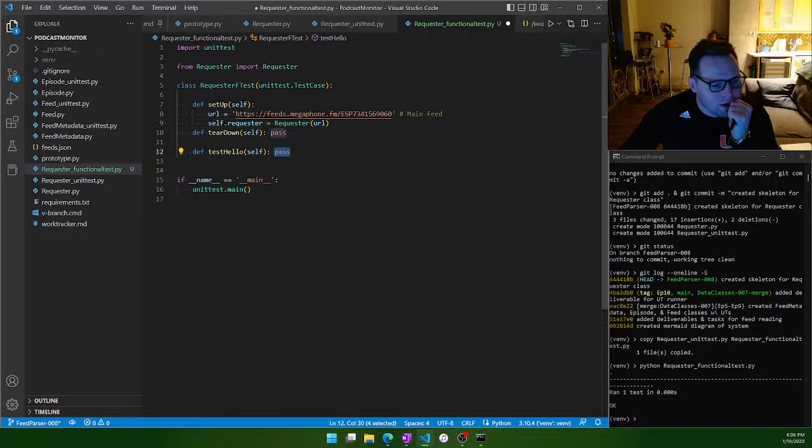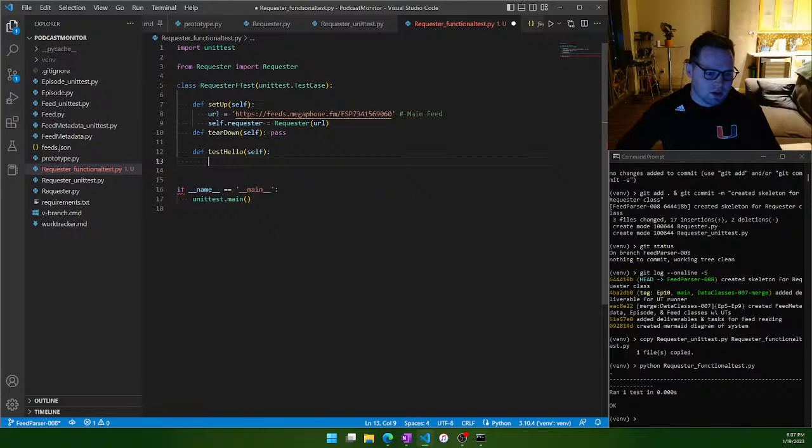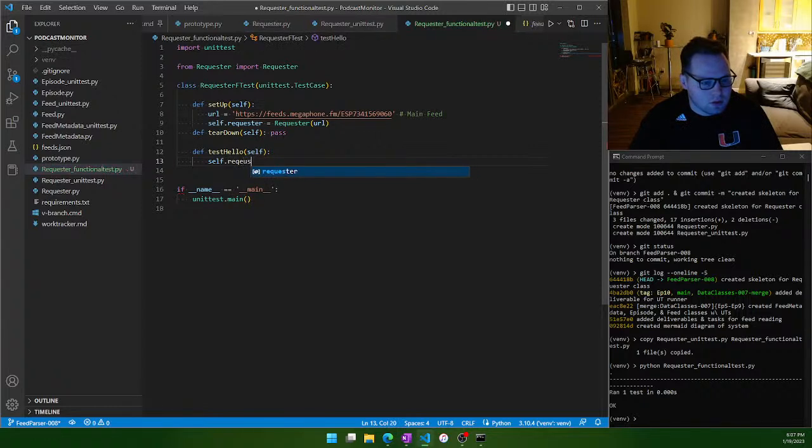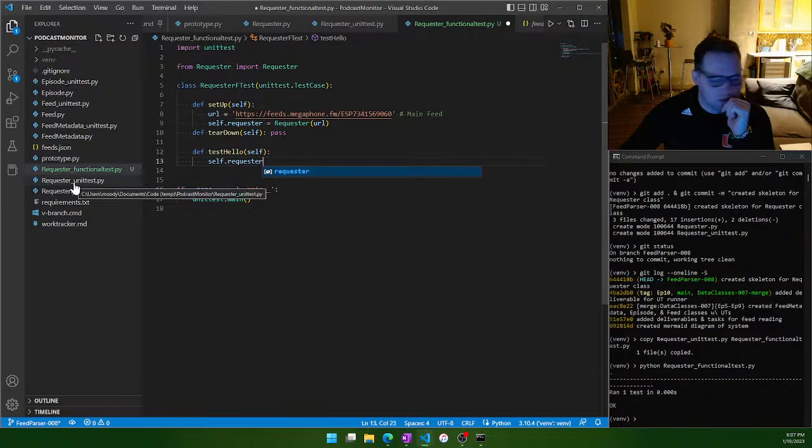So what's something we can test, right? So I don't even know if we want unit tests, now that I'm thinking about it, because I could test a bad URL here as well, because I am actually making a network call, and so I don't know that we're going to have any gain creating the